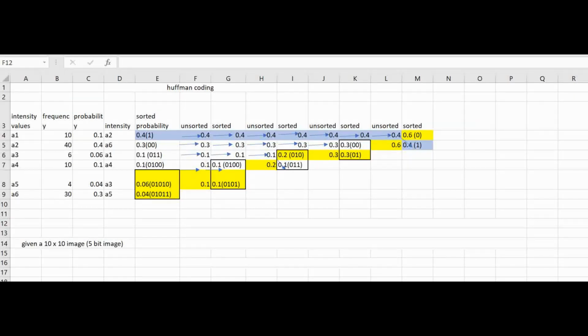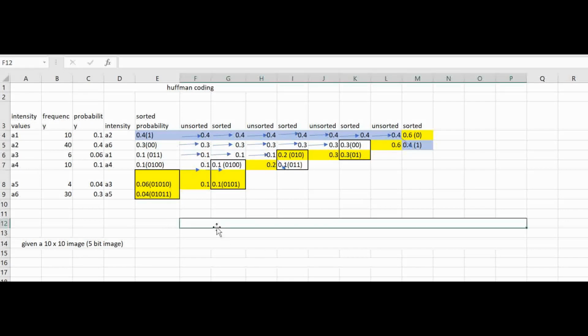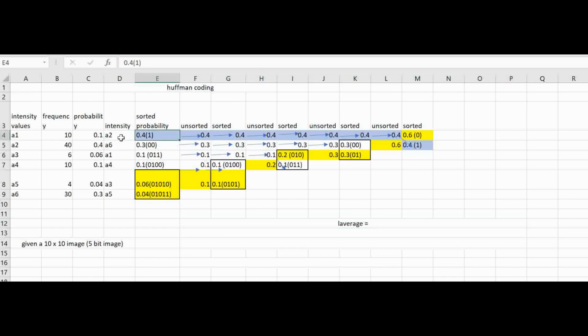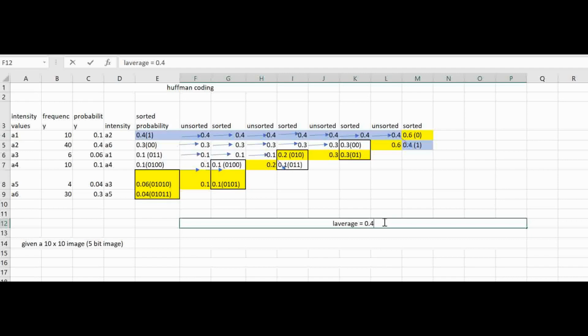Having identified the bit values for each of the pixels, let us check what is the average length of the code now. So I can write L average, length of the code, L average equal to the probability of frequency of the first pixel, that is A2, is 0.4, and it takes 1 bit, right? So I'll write it as 0.4 takes 1 bit plus the next one, that is 0.3, takes 2 bits plus